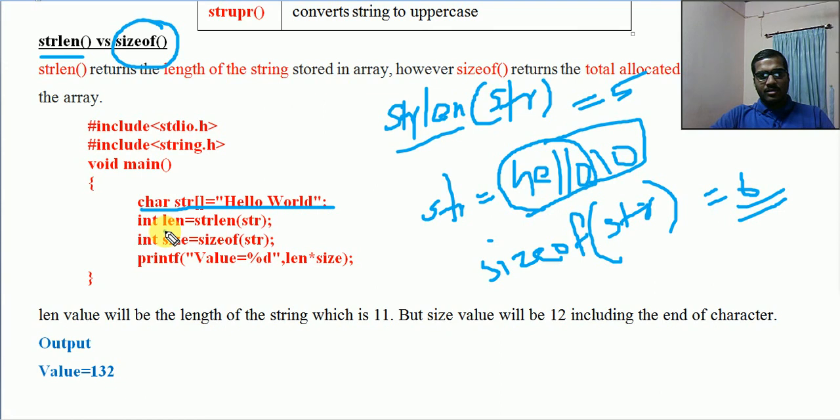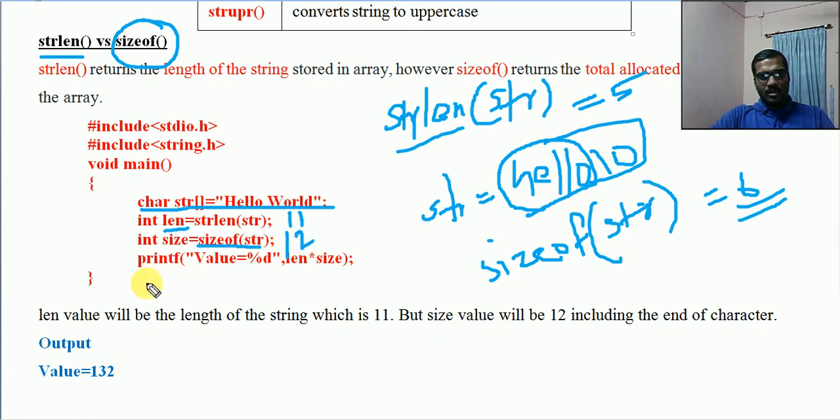So len will have the value 11. Now size is equal to sizeof str; hello world has 11 plus \0, that is 12.